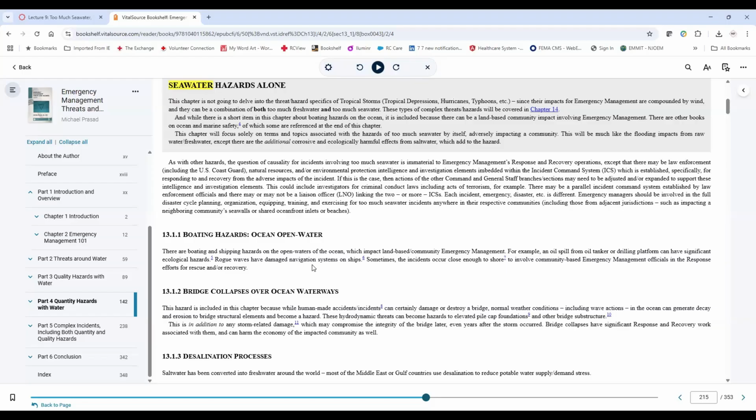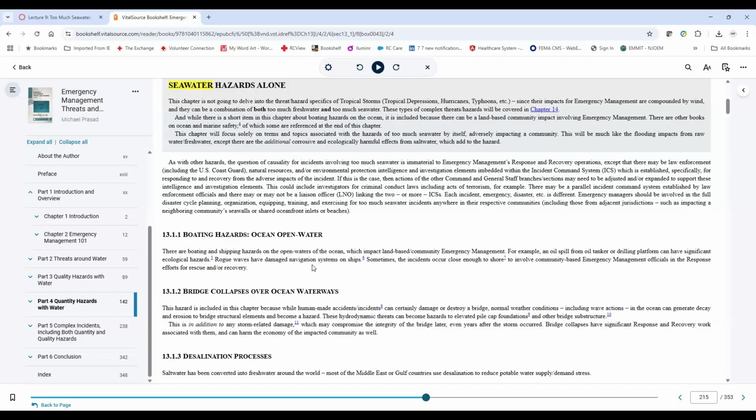But if there's a rogue wave, for example, hitting a ship, or other things, that could be the boating hazard. On the ocean, open water threat is what generates the hazards for boats and ships, and potentially oil rigs, which are also technically vessels as well.